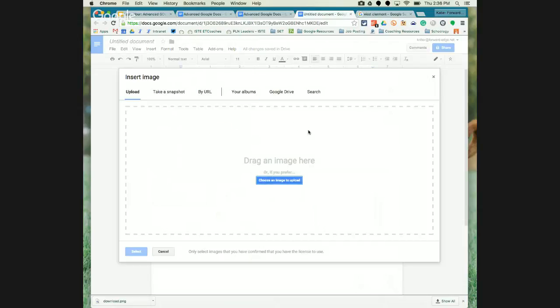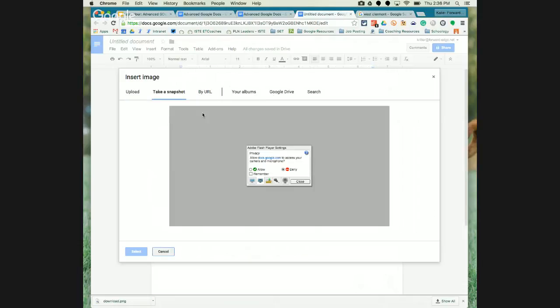Something else for inserting images that people often overlook, Google Drive, when you go to insert image, then if you go over, well, first, I guess this might be helpful. This take a snapshot would then use the webcam. So students, if they did something on paper and created something, then if you wanted them to hold it up in front of the webcam, they could actually take a picture of that paper, or if it was an art teacher or they actually made a physical product, they can actually take a picture of it using the webcam with the take a snapshot tab. And then if we keep moving,